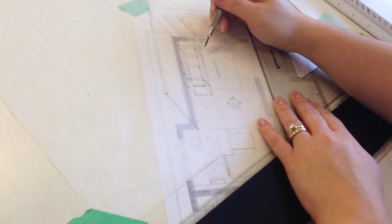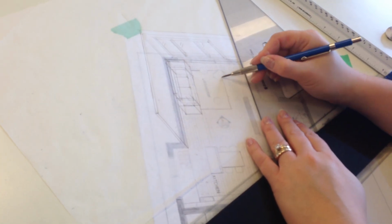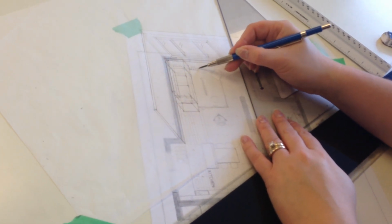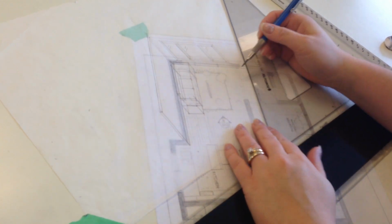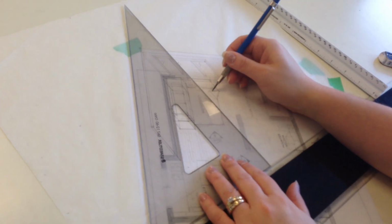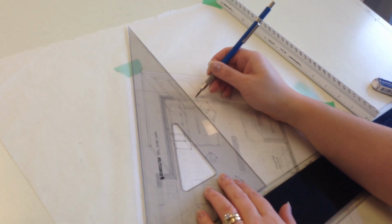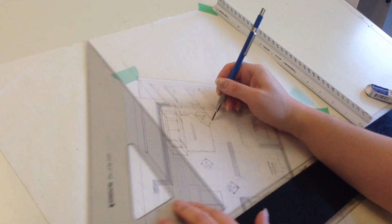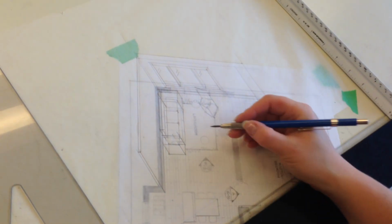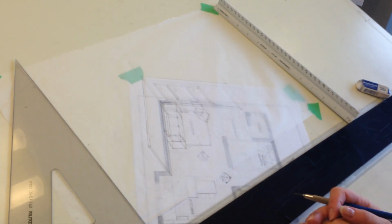You might also, like here, has an area rug, so you might want to add the area rug to the floor plan and just add some detail to that. She's got a chair here too you can draw in 3D. You'll find, when you start taking your drawing classes, that'll be really helpful for your 3D work because you can start adding more of your freehand work into the 3D perspectives and draw it quicker too. So that will help with more experience. I think that's it for